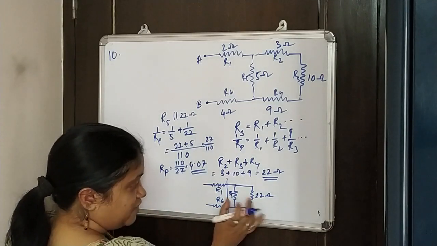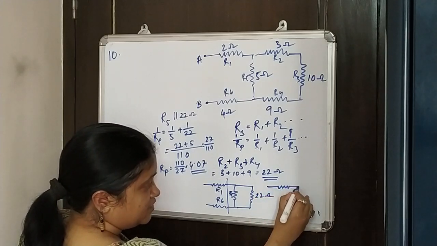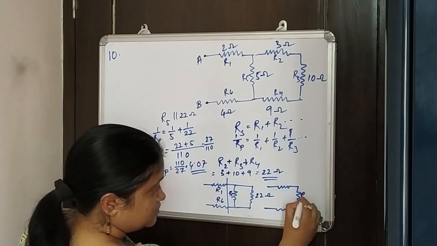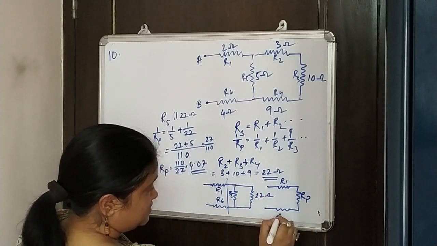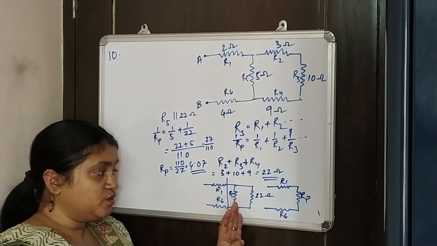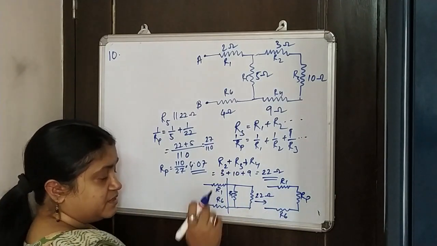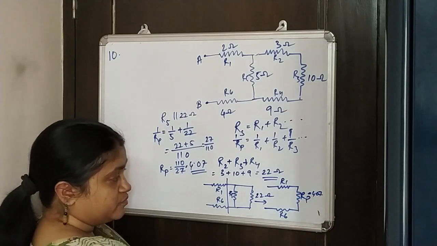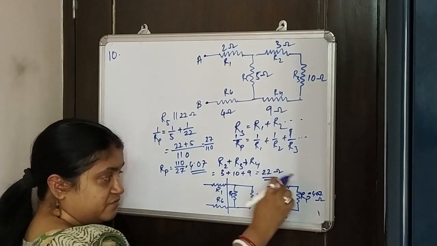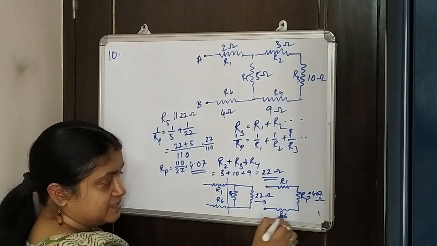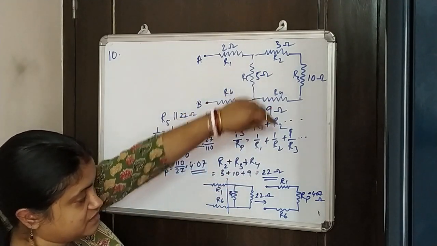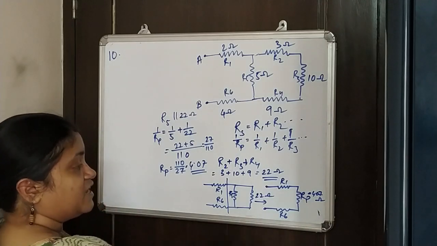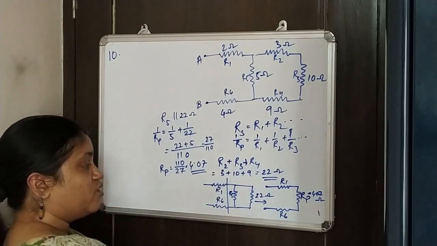And now this equivalent circuit, I can draw it once again. Now it has become like, now this Rp, this is R1 and this is R6. So now when you have solved this, it has become like this. This Rp is 4.07 ohm. So now if you see between point A and point B, it is a series combination. If you just straighten it, they all are connected to each other. So now the equivalent resistance we have to calculate using the series combination.